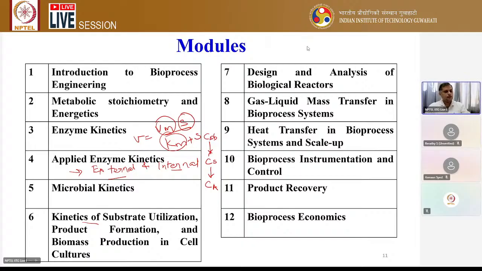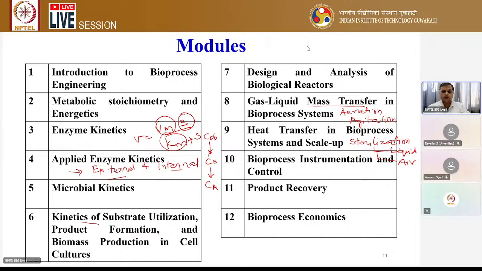Then once you discuss your enzyme and your microbial kinetics, next comes heat transfer and mass transfer processes in bioprocess. We'll be starting with mass transfer, which is particularly relevant in aeration and agitation, so we'll be mostly discussing the aeration and agitation part. The next comes heat transfer. There we'll be discussing the mechanism of heat transfer, followed by more focus on the sterilization of both liquid as well as air, which are relevant for the